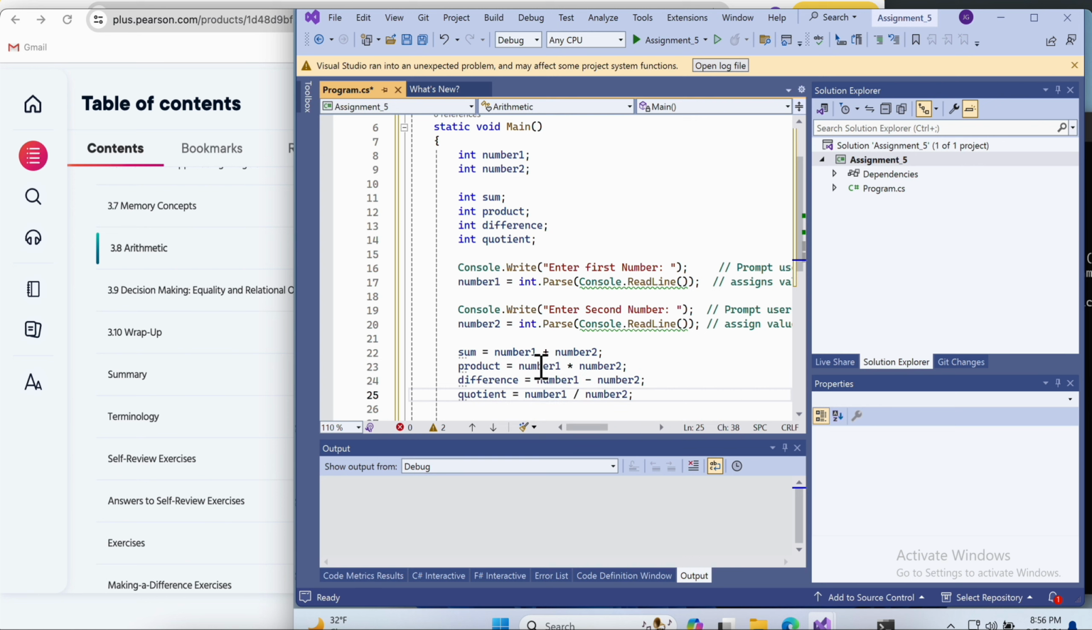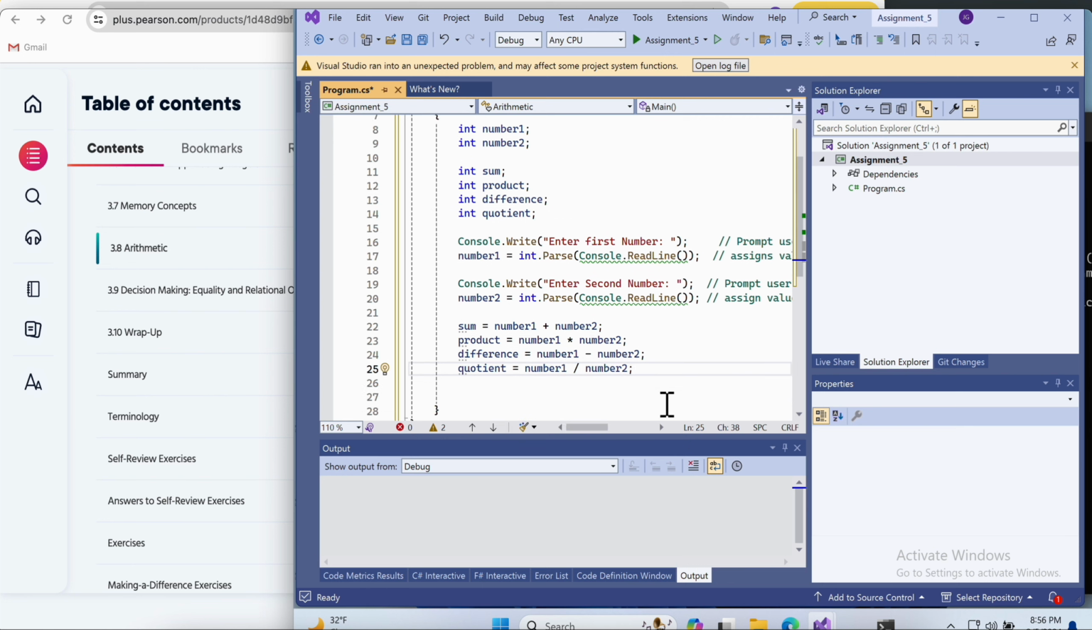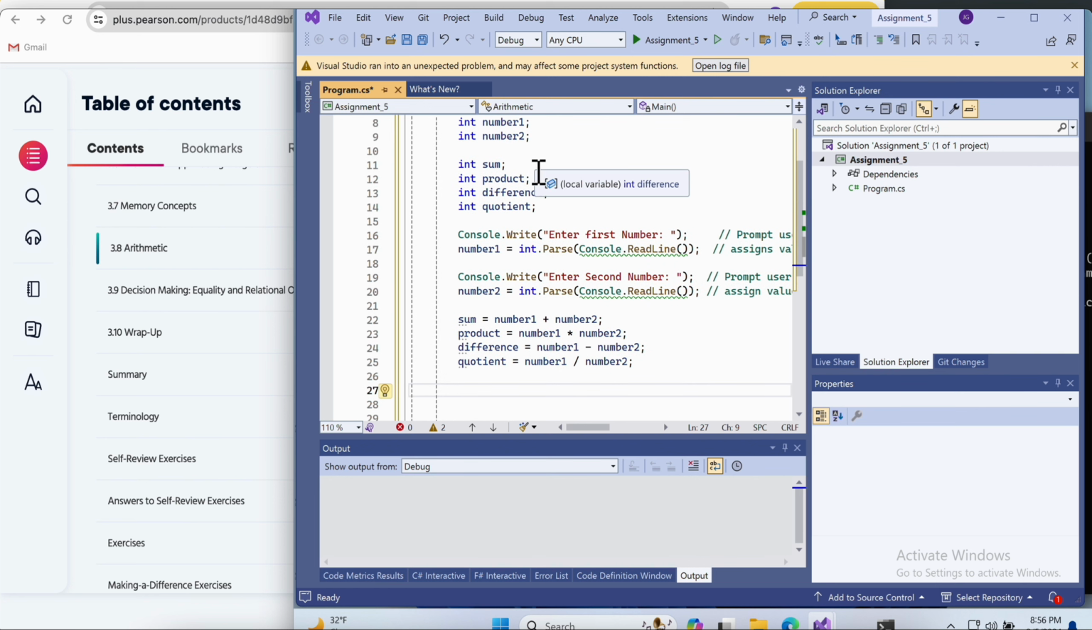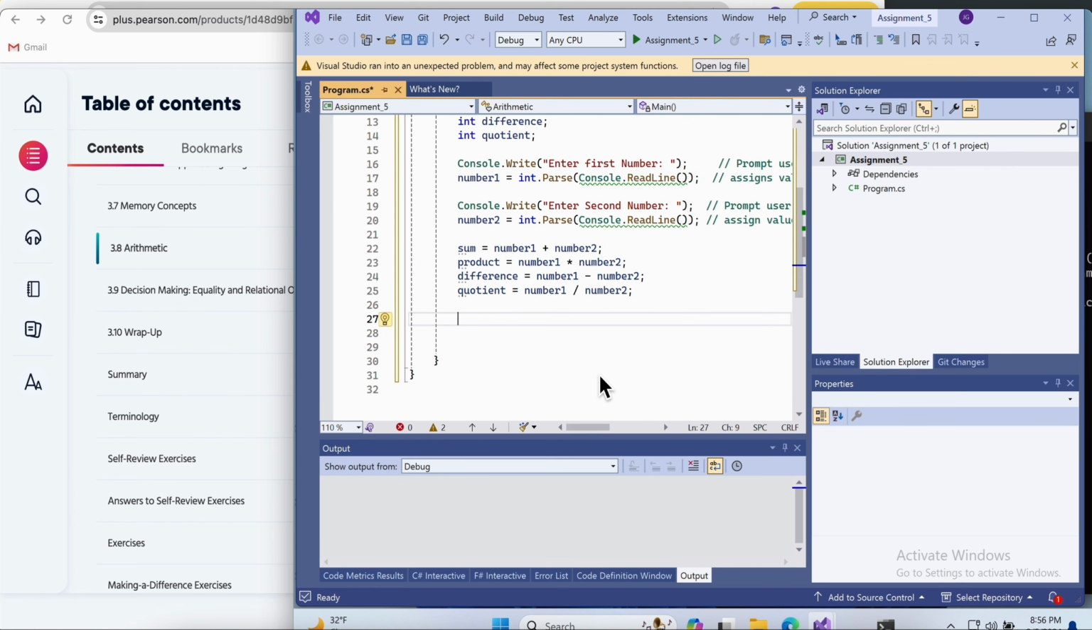So the sum is number1 plus number2. The product is number1 times number2. The difference is number1 minus number2. The quotient, or the division, is number1 divided by number2. Okay, so now we've declared them and we've given them a value. So now we need to